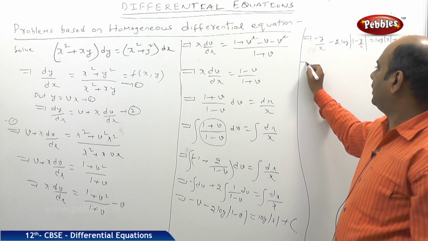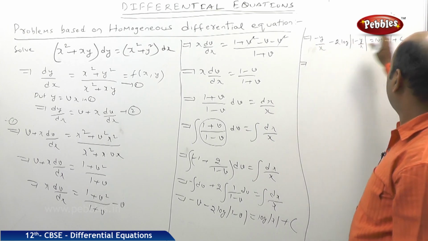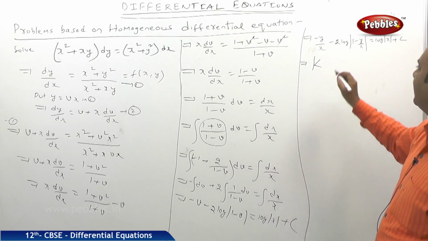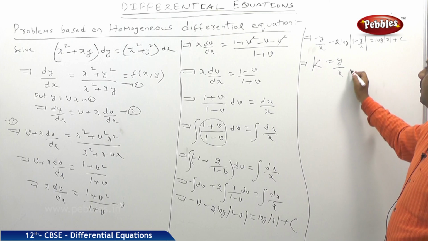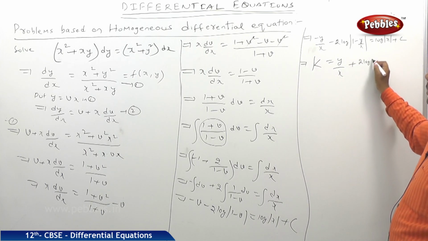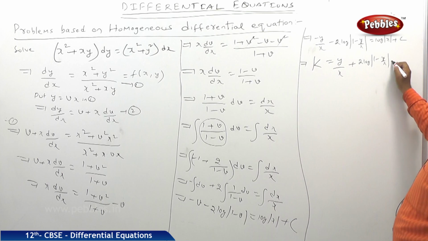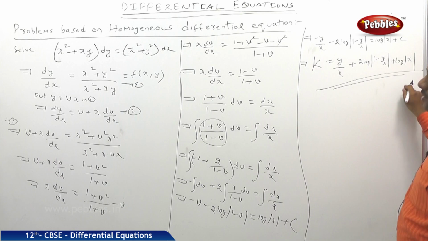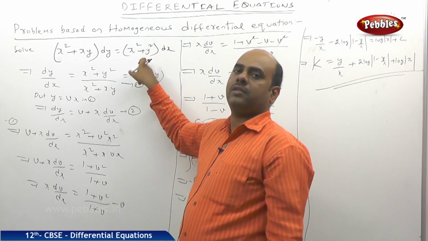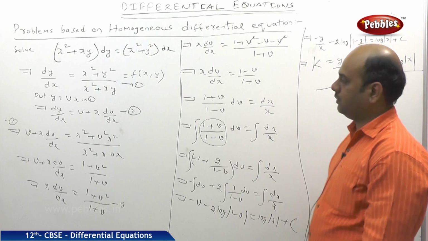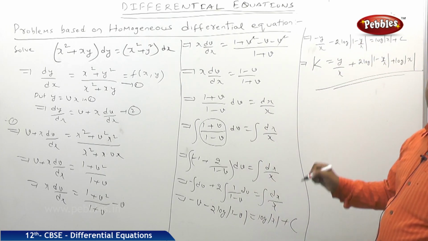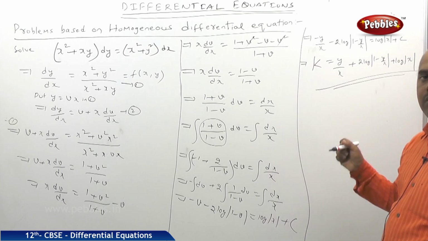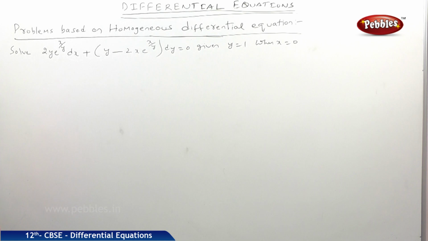So what I will be doing, I'll make all these terms to this side and c to this side. So minus c happens, minus c I call it as k for my convenience. So this becomes y by x plus 2 into log mod 1 minus y by x plus log mod x is equal to k, the relation which is satisfying this particular homogeneous differential equation. This kind of questions will come in examination for long answers, right? You please copy.